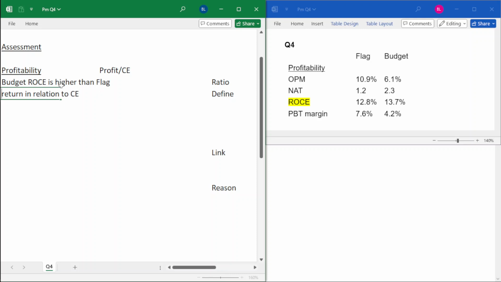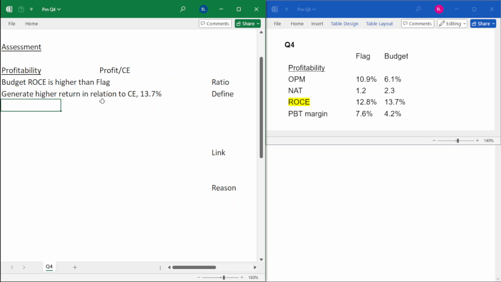Budget is higher, so it generates higher returns in relation to CE. Let's use figures to explain. ROCE is like